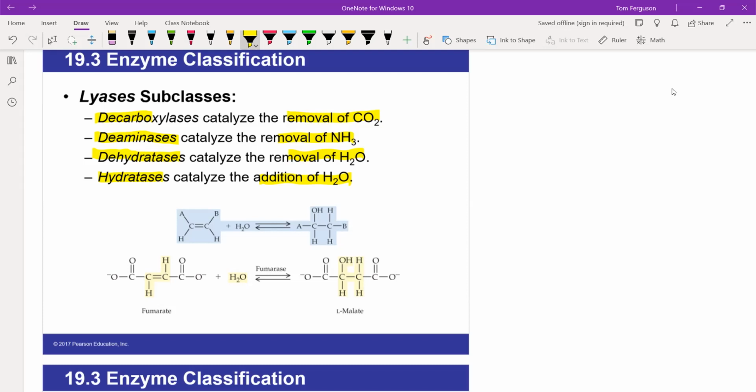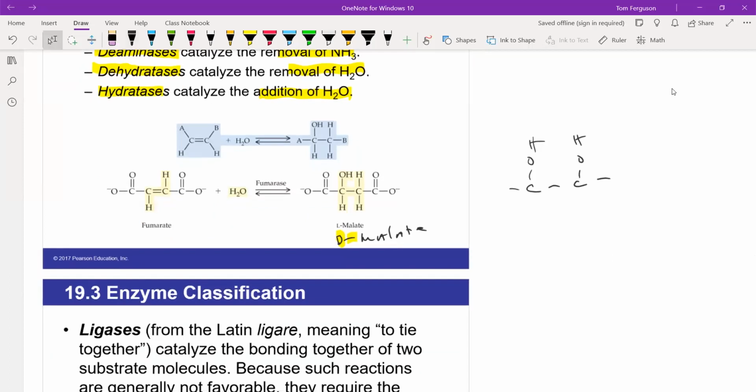And then, of course, we could get a malate as well, which would be hydroxyls on the same side. But with a reaction catalyzed by an enzyme, we don't get that because it's done via an enzyme. If it was in a test tube, we would get a mixture of the two. So enzymes are horrendously specific.